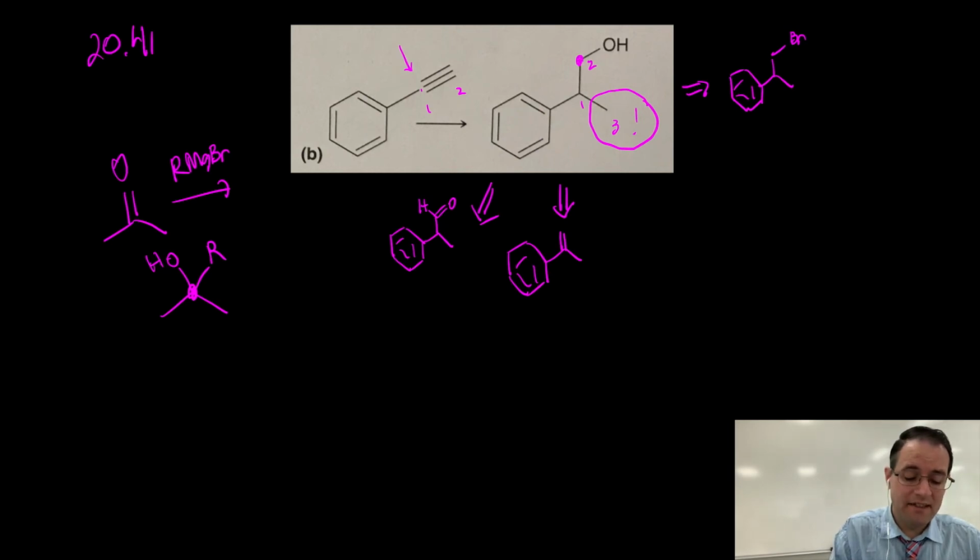That would add here. You know, here I want to add it there. So if we want to do retrosynthesis, we would have to say, well, this can come from, you know, like a